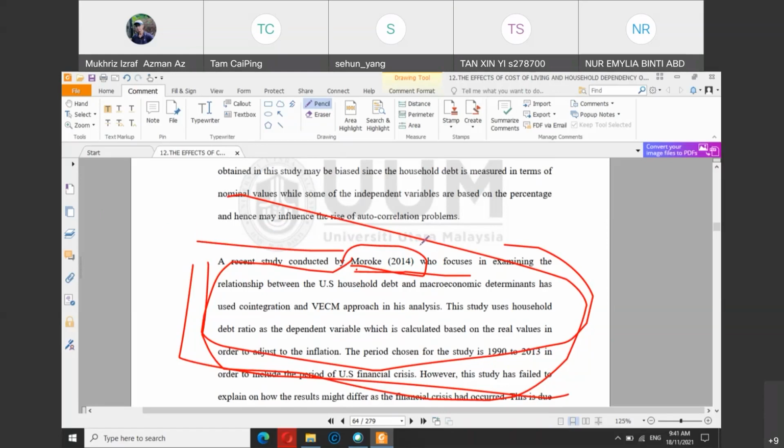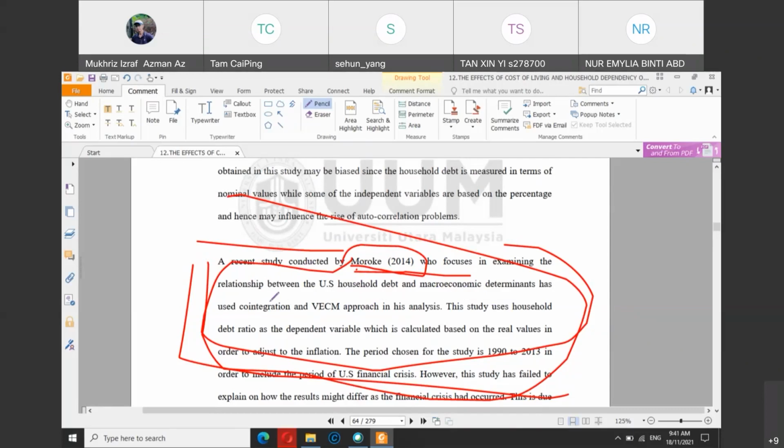And when you refer to a paper, you are giving credit to the author, because the paper that Moroki wrote is a good paper, and the evidence is relevant to your own project. So that's why you are citing the paper, not just for the sake of having as many references as possible.